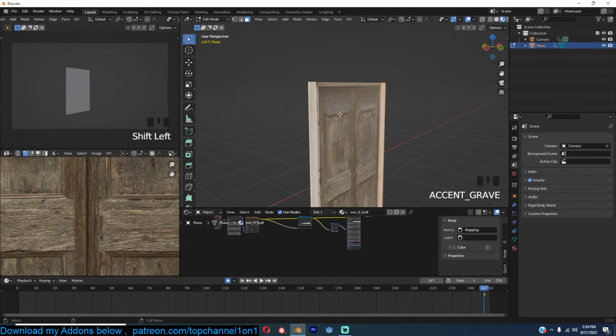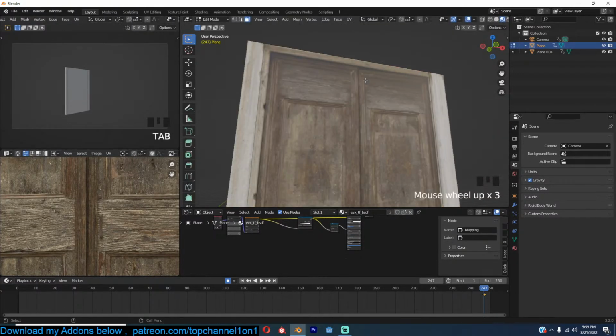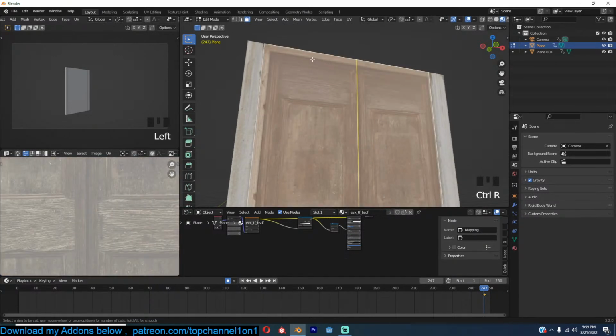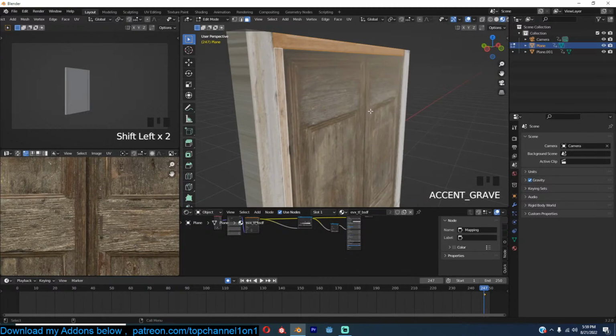So I'm going to separate these. These are going to be door frames, and I think I can add a loop for this frame here. Yeah. Also just separate that,